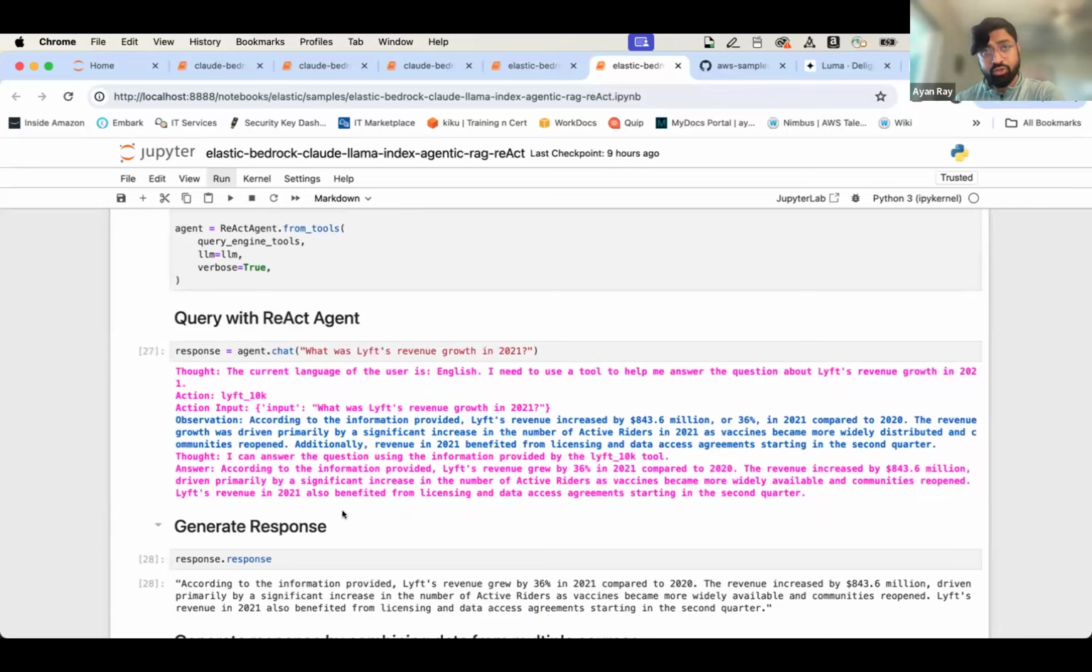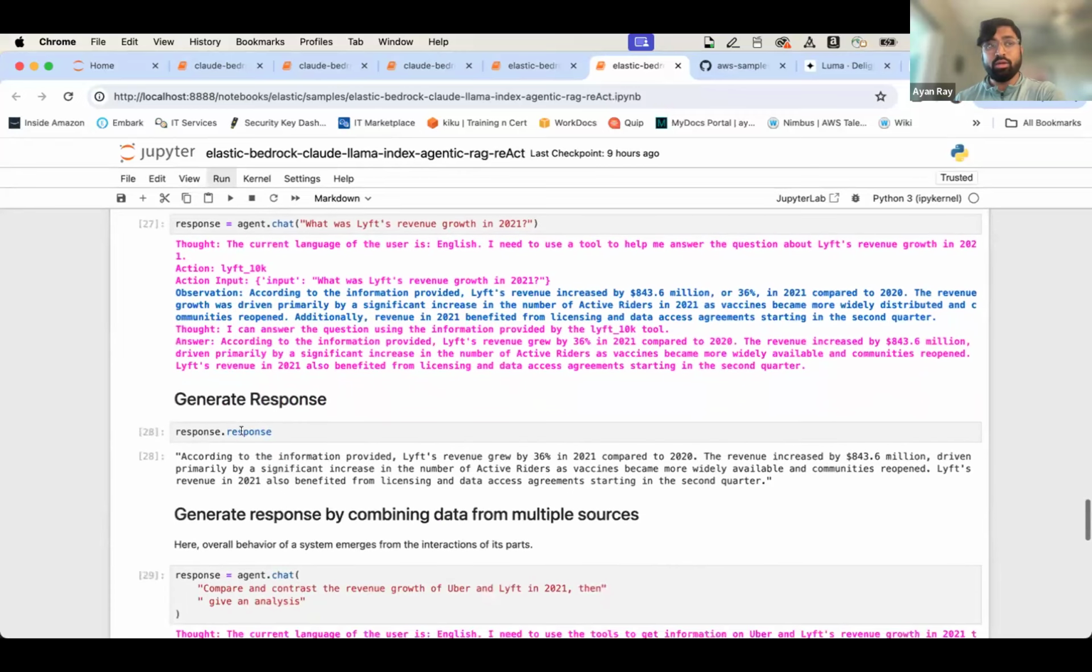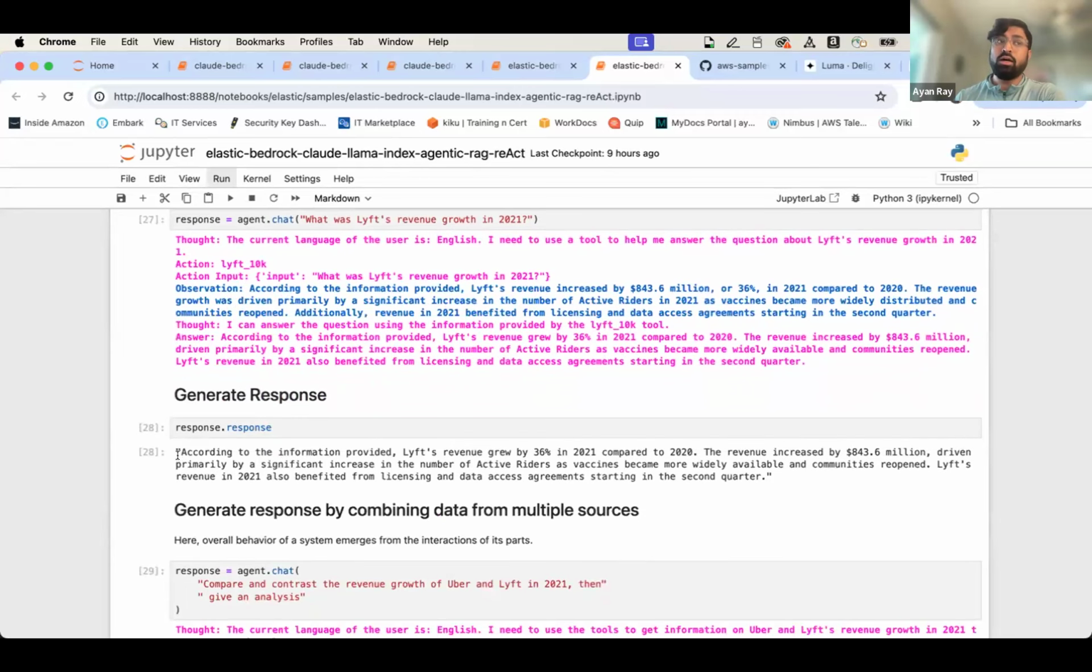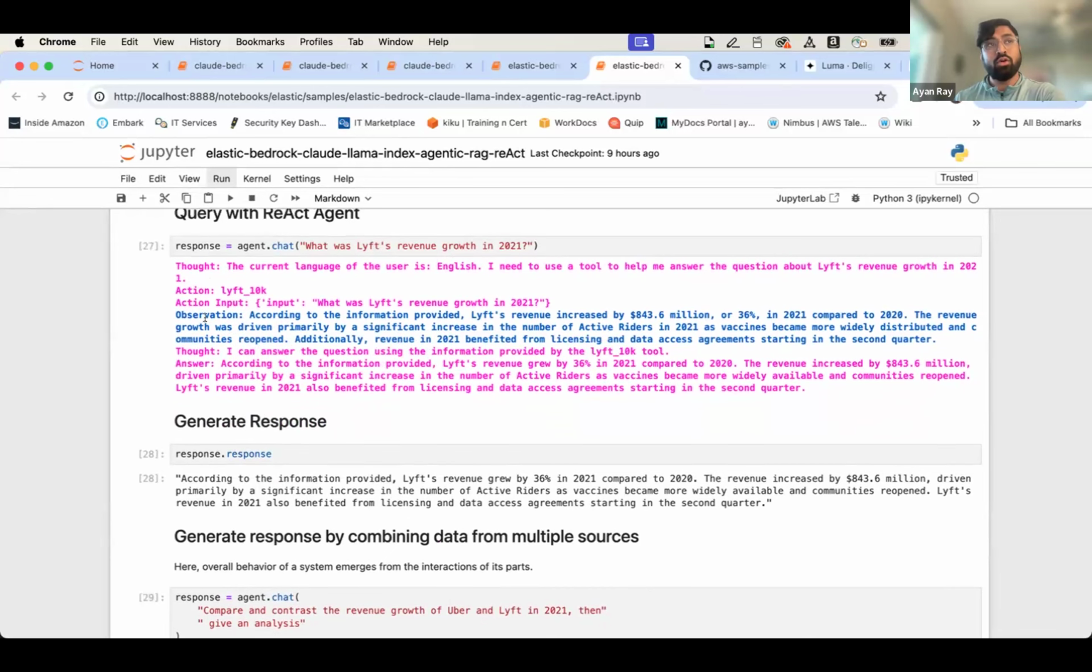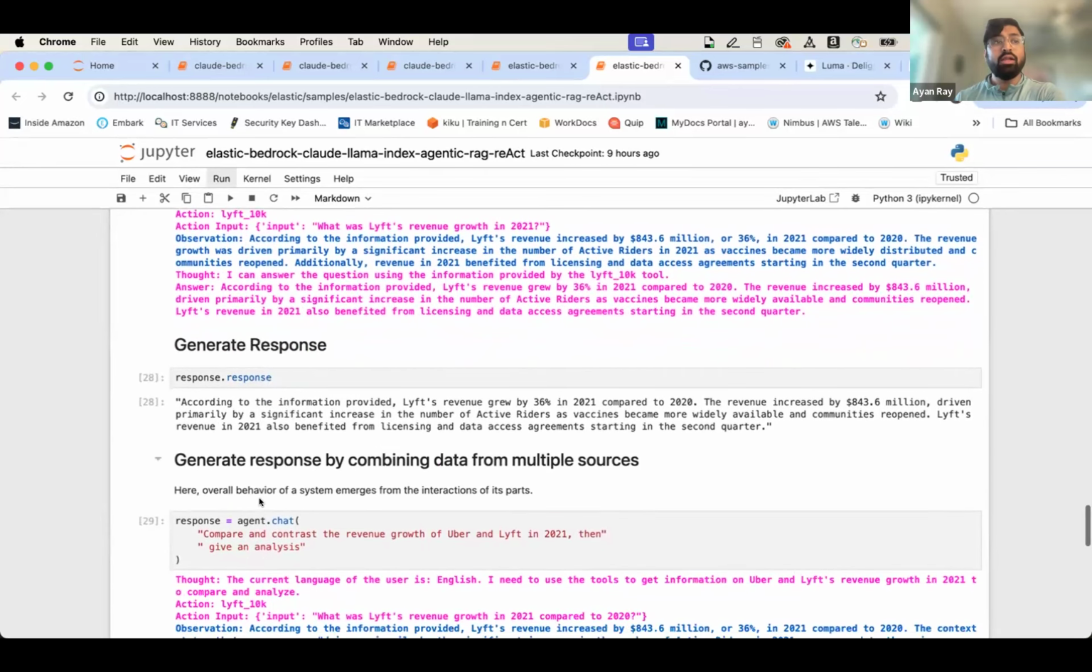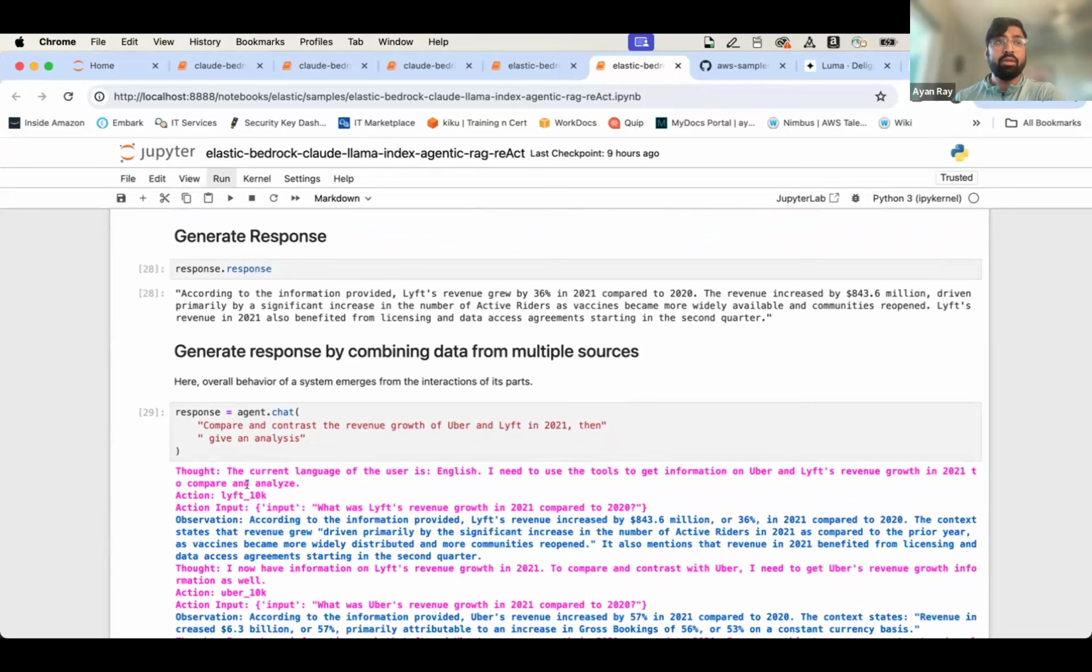I can answer the question using the information provided by the Lyft 10K tool, and the answer is this. And then when I do response.response, I get the response, which is the answer over here. So it goes through this thought, action, observation, thought, and it can also go through multiple passes of it. Like, for example, I am now